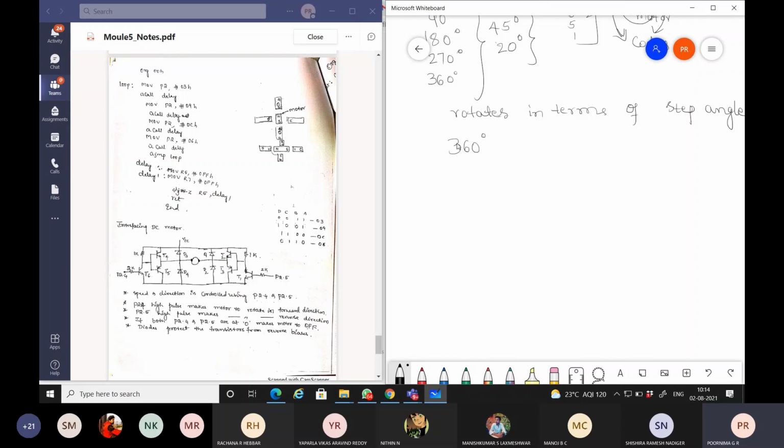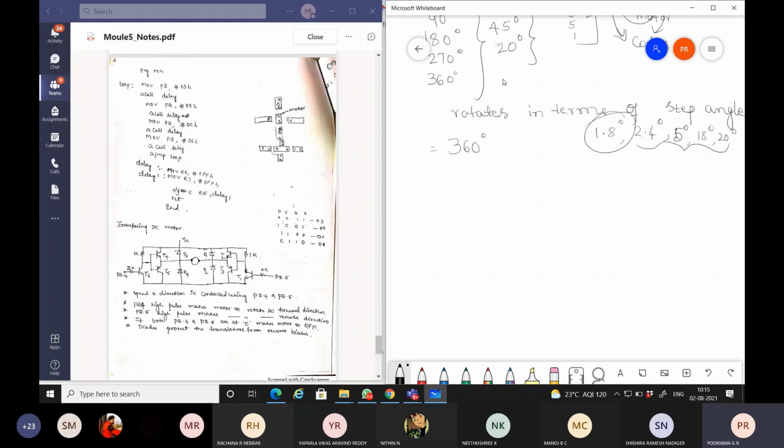When the stepper motor needs to be made to rotate a complete 360 degrees in terms of step angle, you can see in the market stepper motors with varied step angles. One stepper motor can rotate at 1.8 degrees, 2.4 degrees, then there is a 5 degree stepper motor, then 18 degrees, a maximum of 20 degrees stepper motor. But out of these stepper motors, we are using, assume, 1.8 degrees.